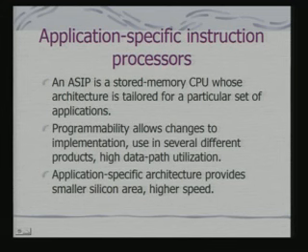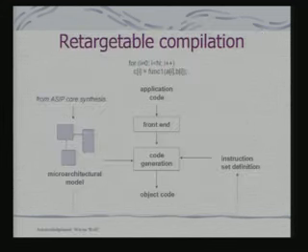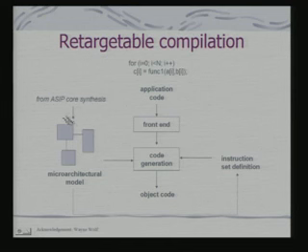But the key problem in this case remains how your software tool will behave. Will you design a software tool for each and every variant of the processor that you are producing? So you have a concept called retargetable compilation. Retargetable compilation takes as input the architectural model as well as the language specification, and that is used in the code generation block to generate the code for the processor that you are trying to synthesize. So you can see I tried to show how this configurability has implications for software technology as well.